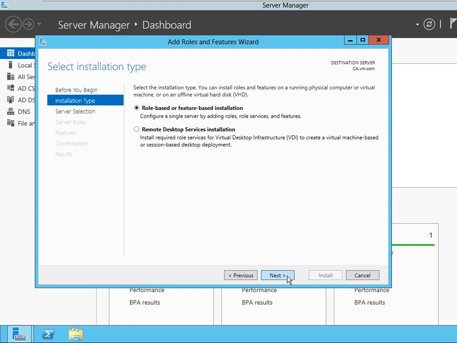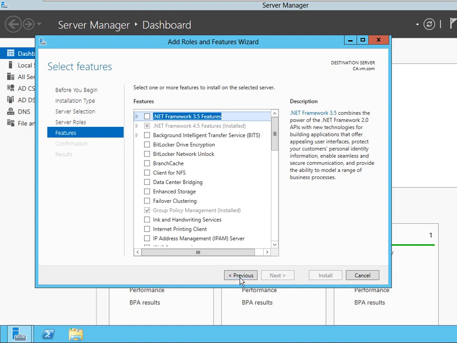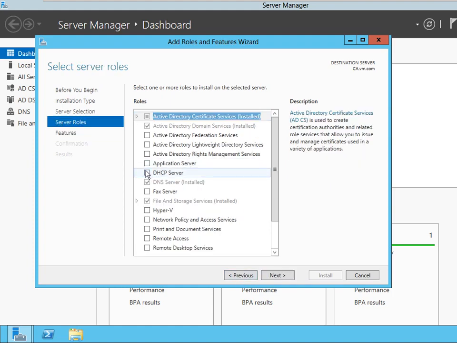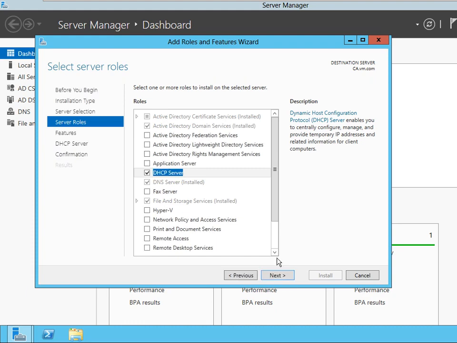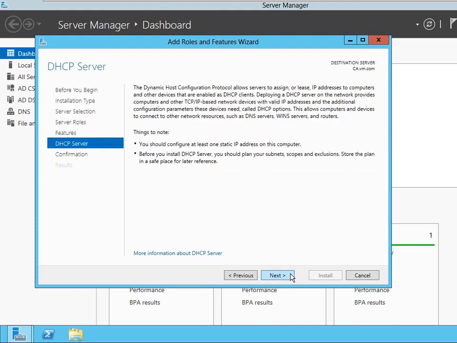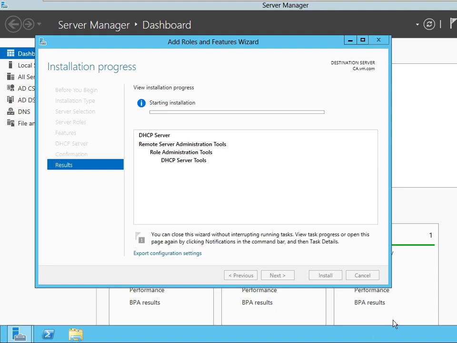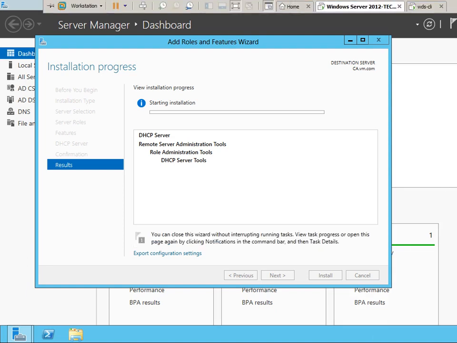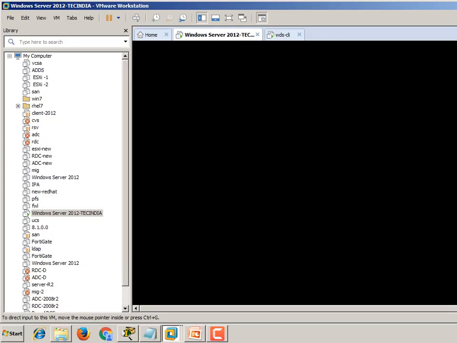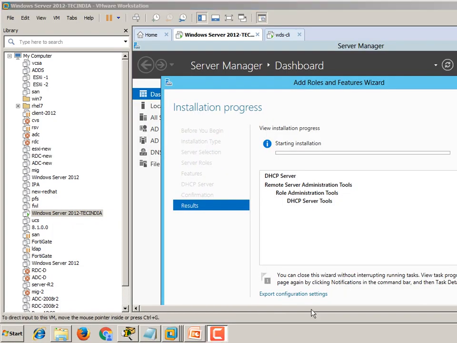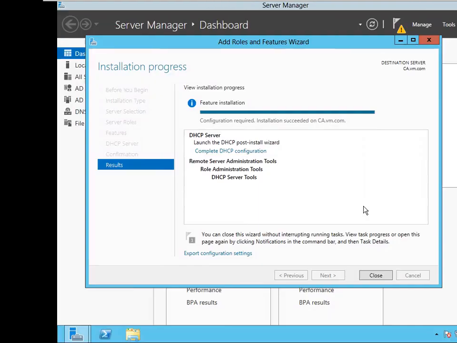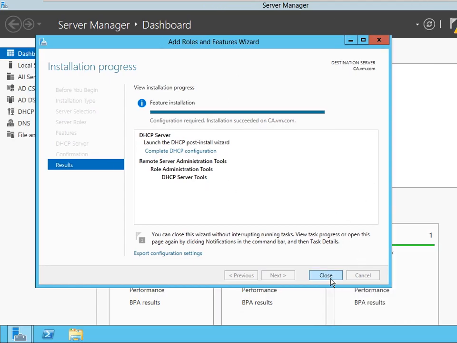Next. You can see here DHCP server. Just select here, add a feature, give next, next, just install. Okay, you can see here installation completed.